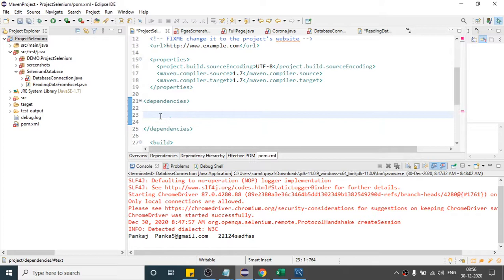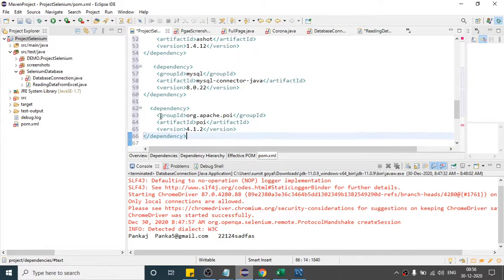I don't know what the issue is somehow. Let me paste all the dependencies again.